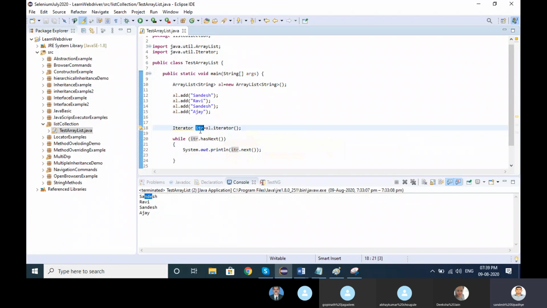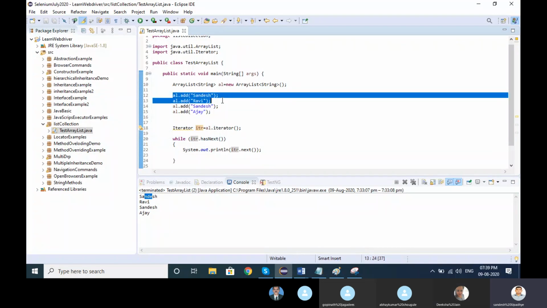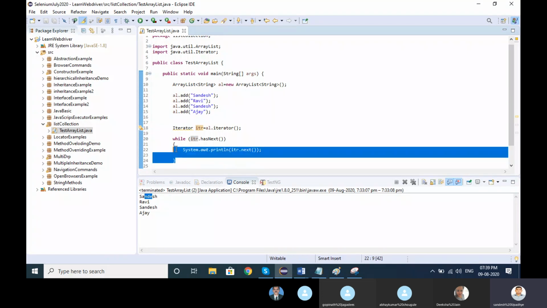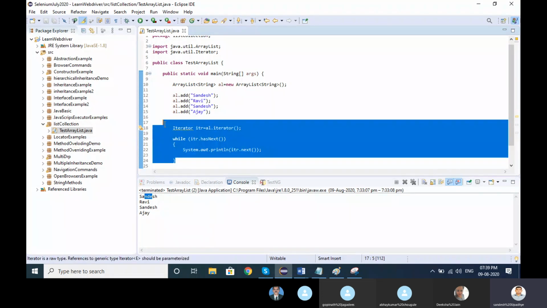And itr dot hasNext means, once it is stored, it will go through the list. hasNext means a for loop, or either way we can do it like this as well.